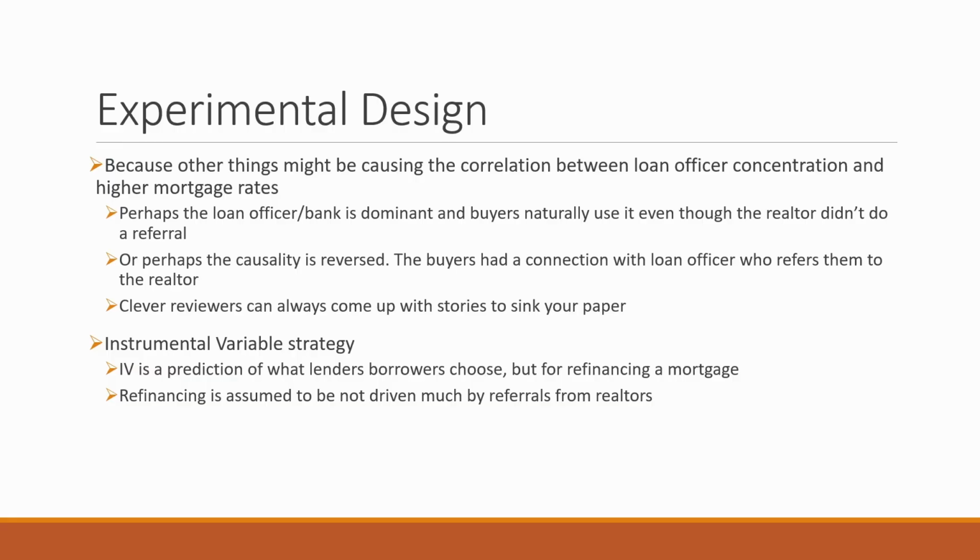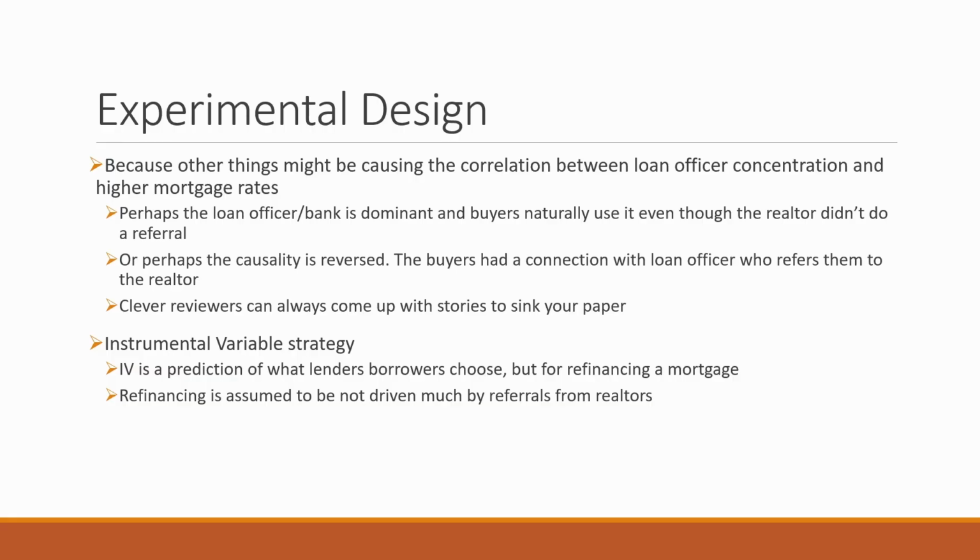There's a lot of ways a clever reviewer can come up with stories. Perhaps the loan officer and bank is very dominant, and so buyers are naturally using it, and it's not actually a referral. Maybe the causality is reversed. The buyers had a connection to the loan officer who sends them to their favorite realtor. That would show up as a correlation here too. So what they do is an instrumental variable approach. This is one that is quite common. I've seen it in a number of papers, and I've reviewed a number of papers so far that have been